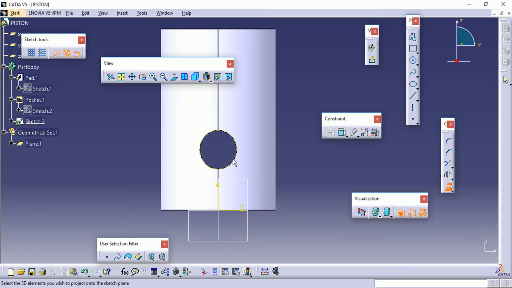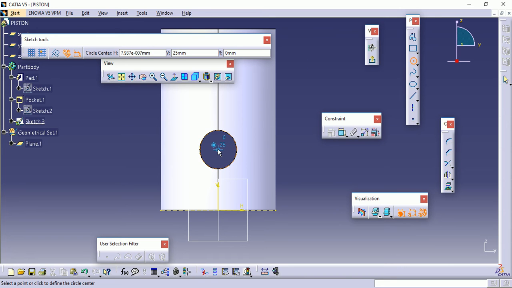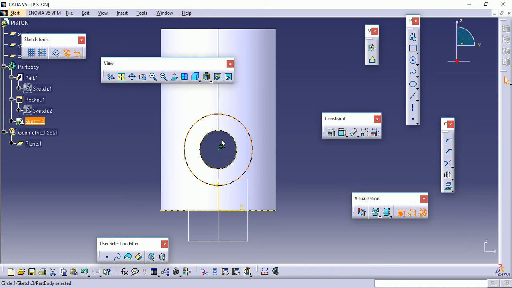Then it will become automatically concentric with this hole. Again I will create a projection here. The reason is that when I draw a line, it will always become coincident automatically here. So the purpose of projection is to make the process of drawing and constraining faster. Now here I can see it has already become concentric, but from this icon I can confirm this.